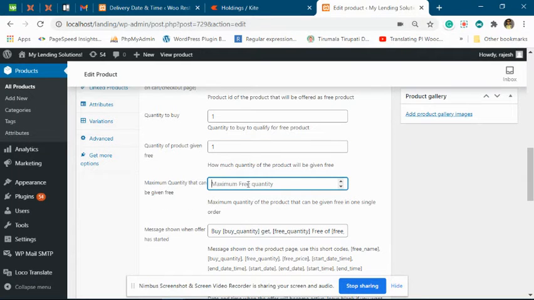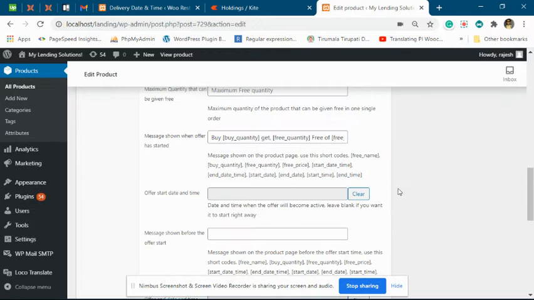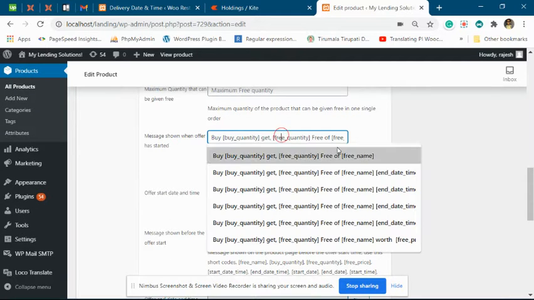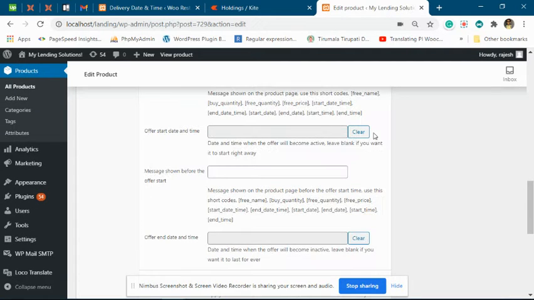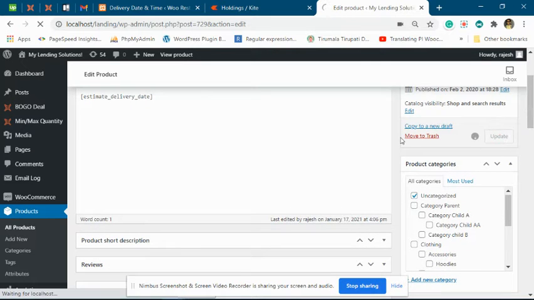Now, this is optional. You can specify the maximum free products that you want to give in one order of this particular BOGO offer, or you can leave this blank. Now, these three things are important. Once you have filled this, you can specify a message or you can leave this blank, that is not important. And once you have done this, you have to save it. That will create your product level BOGO offer,